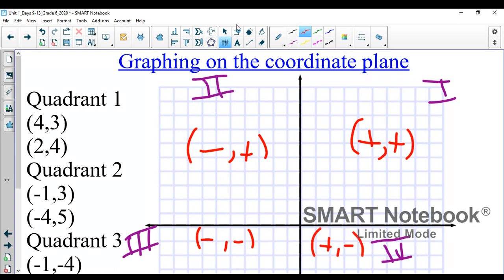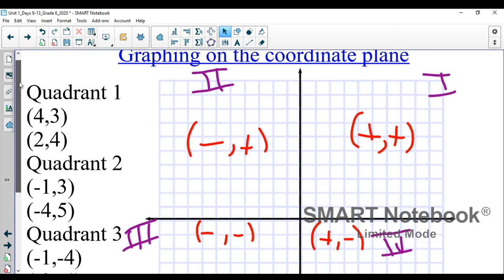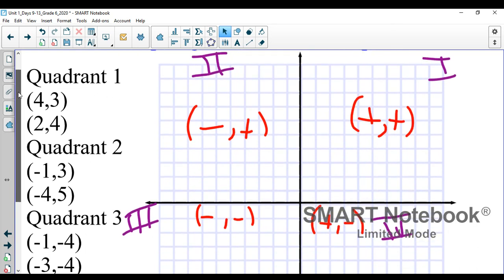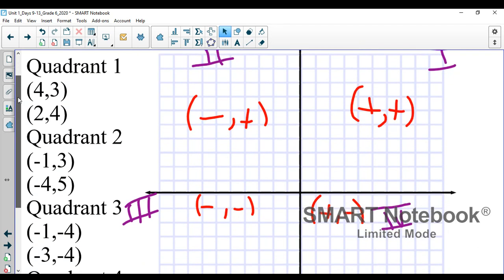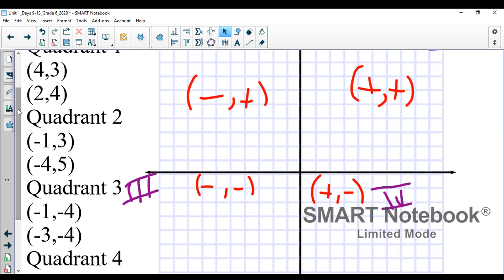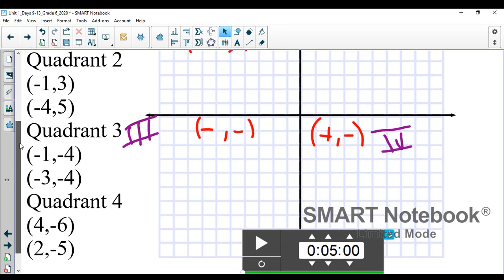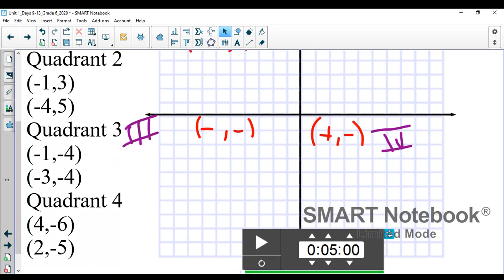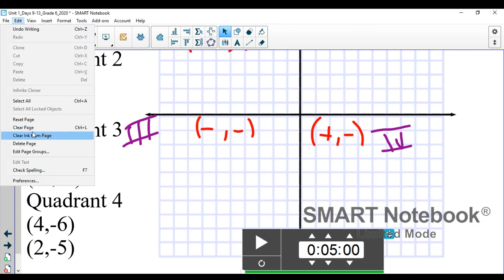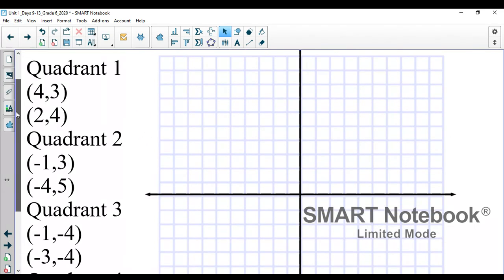So I'm going to scroll down a little bit, and what I would like you to do right now is go ahead and pause your tape and graph the points in quadrant 1, quadrant 2, quadrant 3, and quadrant 4 now. Okay, once you have them graphed,